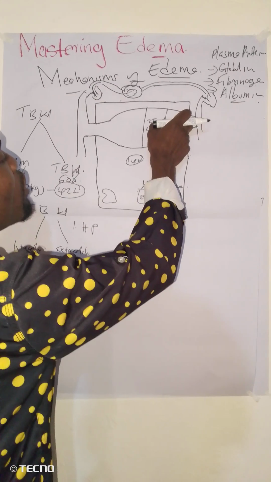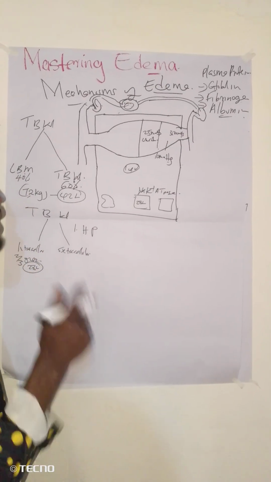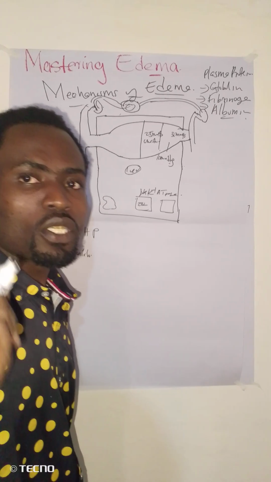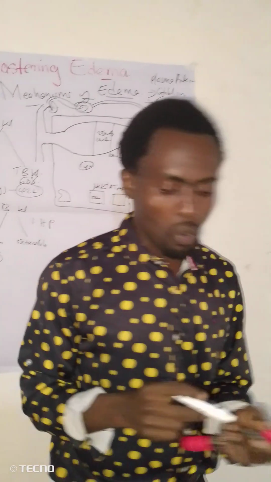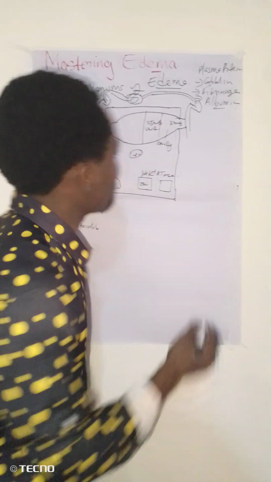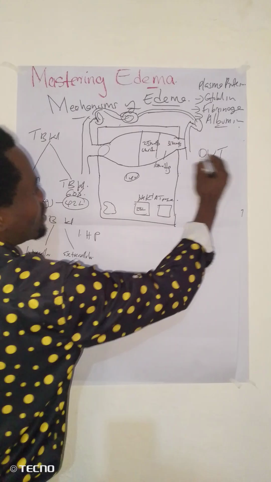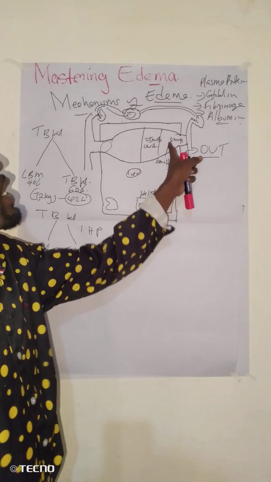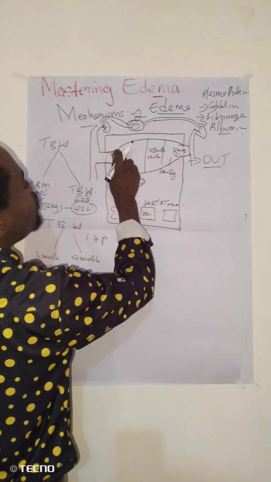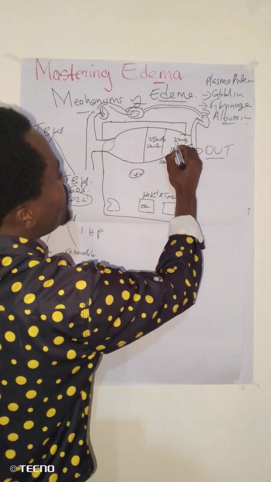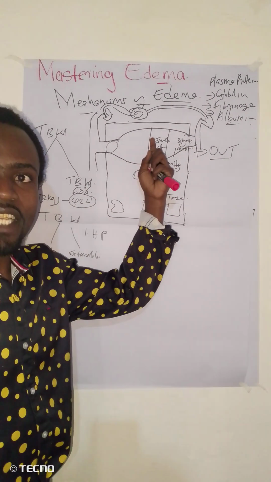So there will be some fluid coming to the interstitial space in a normal case. Let us assume that due to some pathological reasons, like an obstruction in the venous system, we talk of maybe DVT, that leads to an increase of hydrostatic pressure. So let us assume that due to the obstruction, the hydrostatic pressure increased to 45 millimeter of mercury. Remember, the oncotic pressure is constant,